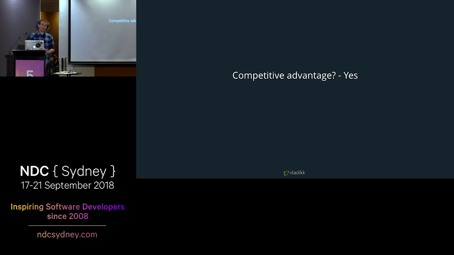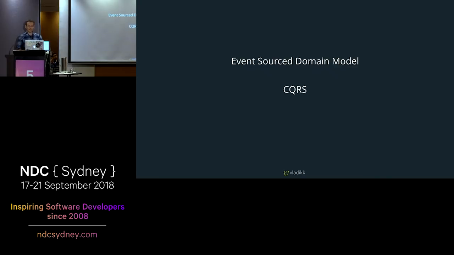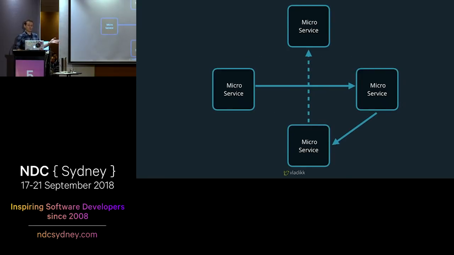And since this domain was defined as a new profit opportunity by the business, by the management, it was clearly a core business domain. Therefore, design-wise, here we pulled out the heavy artillery: event sourced domain model, CQRS, and back then one buzzword started gaining lots and lots of traction: microservices, so we decided to give it a try as well. That's what our solution looked like. Small services, each had its own database, both synchronous and asynchronous communication between them. On paper, it looked like a work of art.